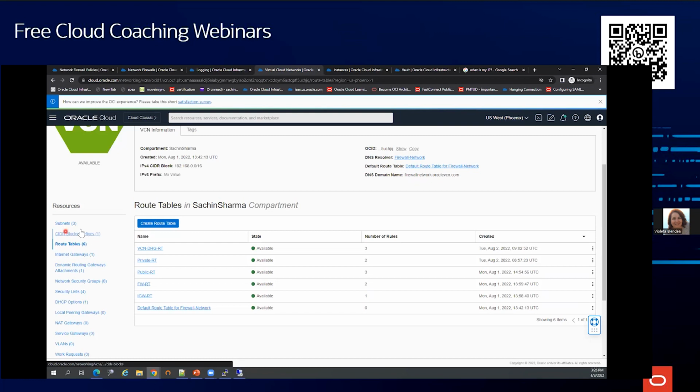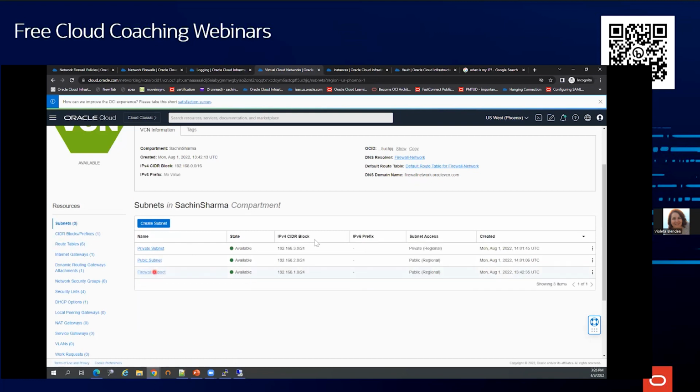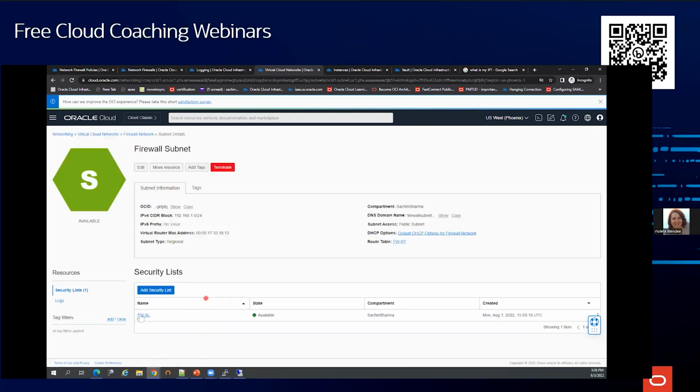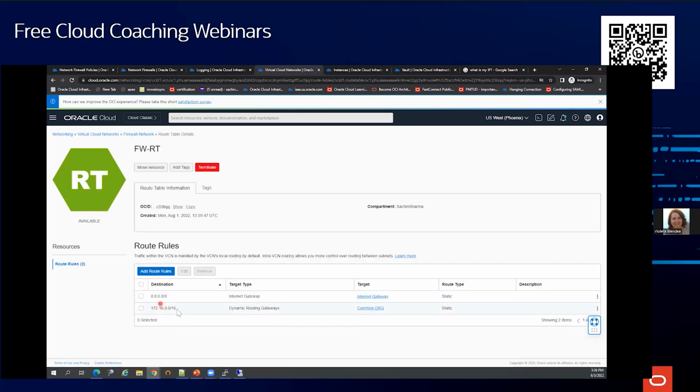In the firewall subnet route table, I have a route for my spoke VCN that goes to the common DRG only. So this is how hub and spoke DRG routing works, sending all the traffic between different subnets of hub and spoke over the firewall.